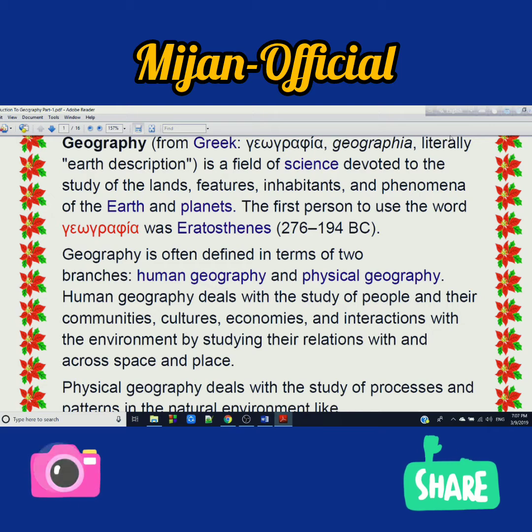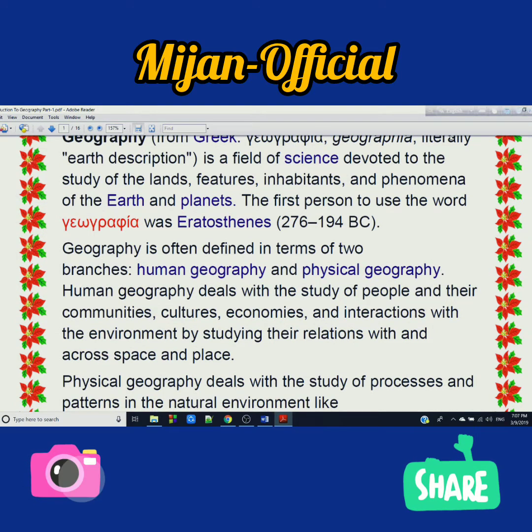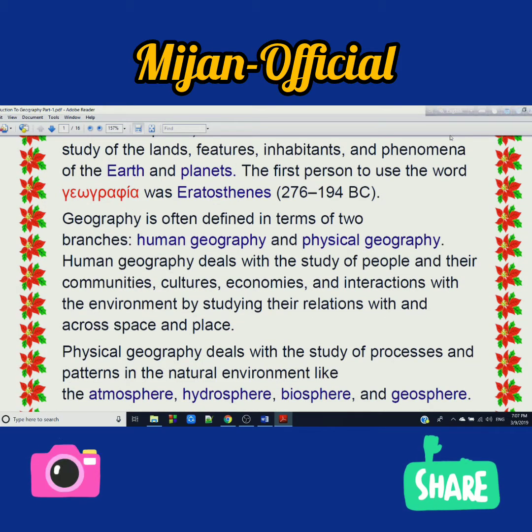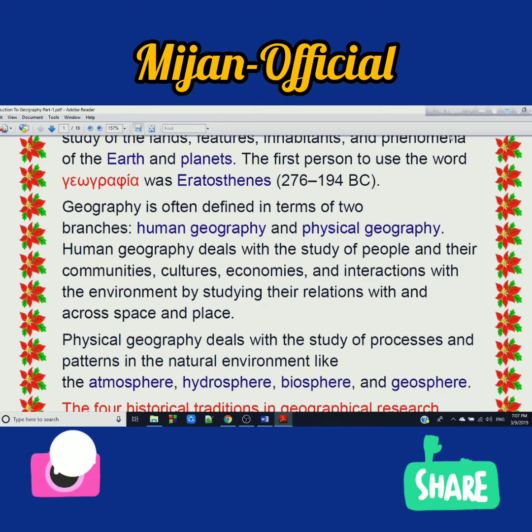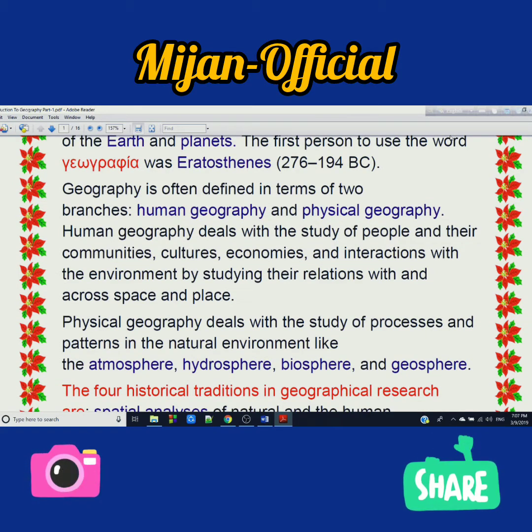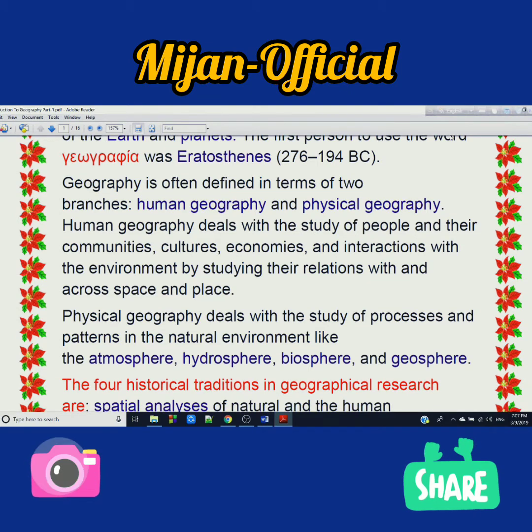Geography is often defined in two terms: human geography and physical geography. Human geography deals with the study of people and their communities, cultures, economics, and interaction with the environment by studying their relation with and across space and place. Physical geography deals with the study of processes and patterns in the natural environment like the atmosphere, hydrosphere, biosphere, and